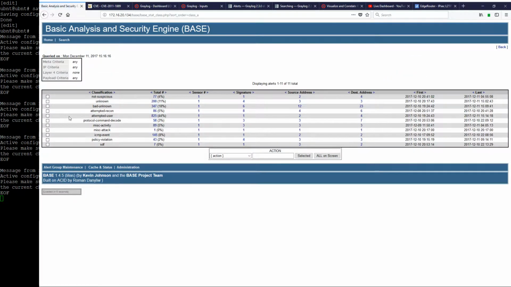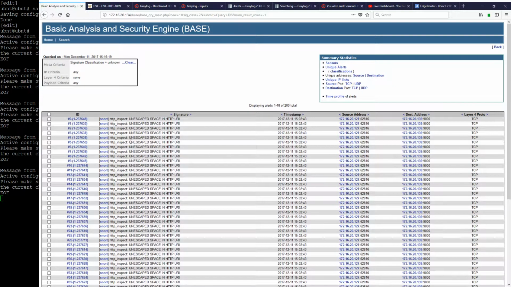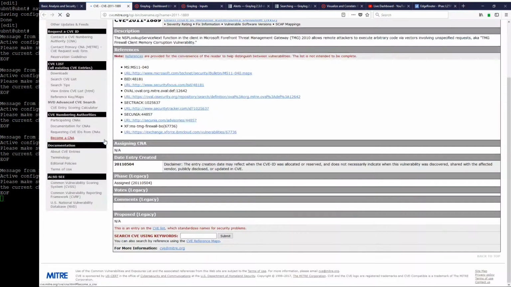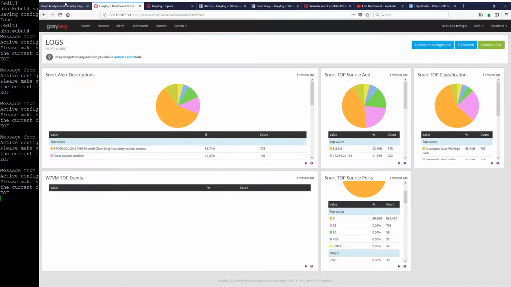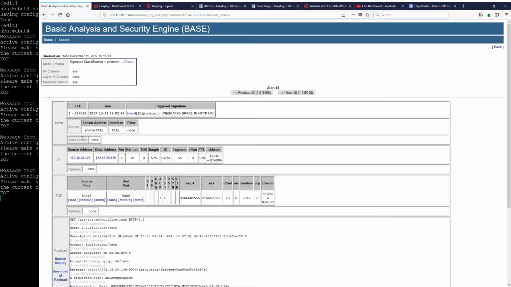Let's go to the unknown category. Well, here we go: unescaped space in HTTP URI. Again, this is an internal web app. The formatting of the HTTP request might have something non-standard in it, but what can I do about that? I need the app running. So what we'll do is go into